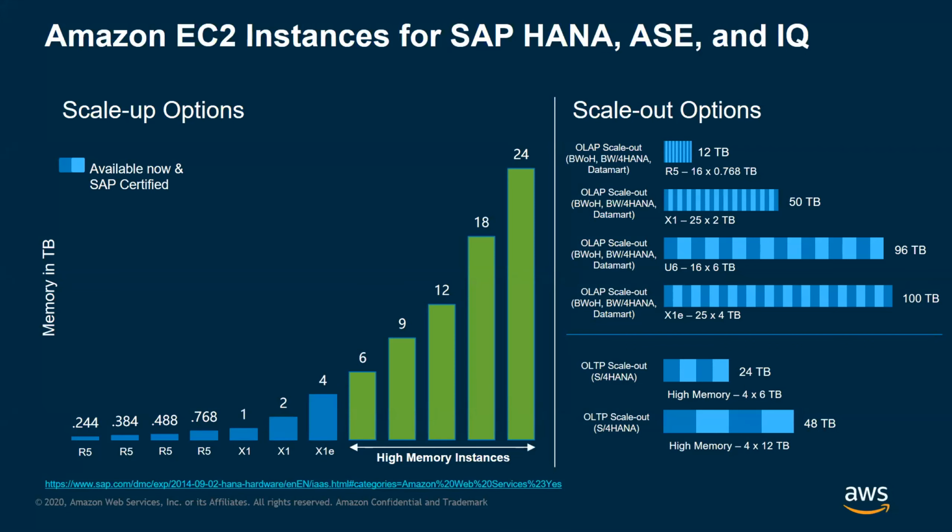For SAP, for HANA, for ASE, for IQ, we've got a variety of what we think of as kind of the normal instances we see in these workloads. The R5 series, the X1s, and some of the Z really super high memory configurations. So again, doesn't matter if you're deploying scale out, BW, S/4HANA. There's lots of different options, both for scale up and scale out architectures for SAP, for ASE, and for IQ.